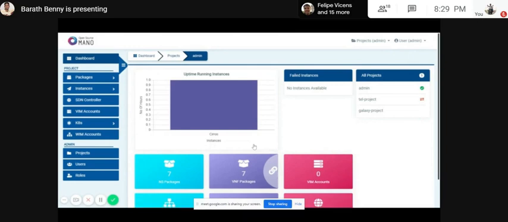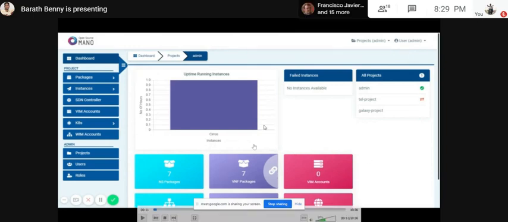So here is our new dashboard design, which is created to be easy for the user interface, accessible for all the modules which will be carried out here in the dashboard section. For example, you can see all the running instances over here and for how many hours the current instance is running, and you can see overall the failed instances and all the projects listed for the particular user. And here you can see all the package counts, VIM counts, SDN counts and instance counts. So a user can navigate easily from the dashboard instead of clicking in the side menu.